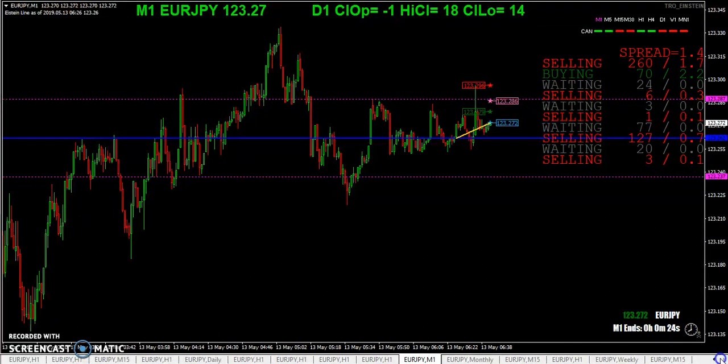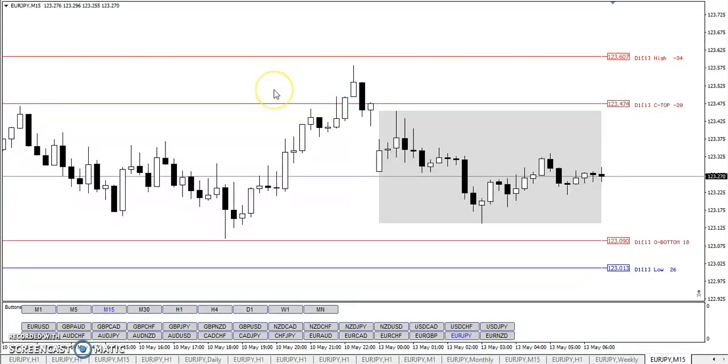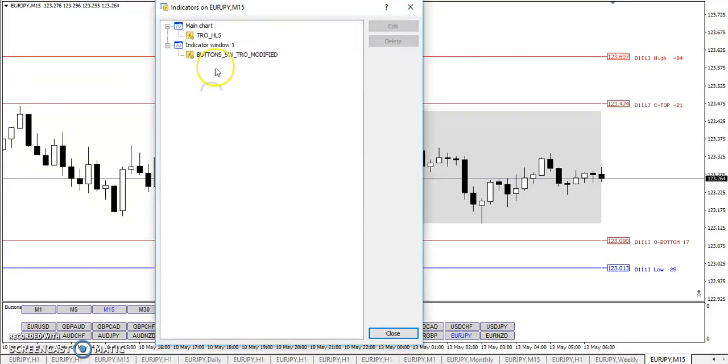Now, I want to show a couple of charts here. Actually, the first one, a trader asked me, he was wondering about doing the wick zones. Normally when I show the wick zones, I show the wick zone indicator. I think I wrote that one back in 2014. But you see, I've updated